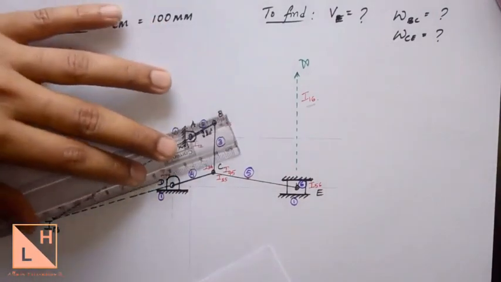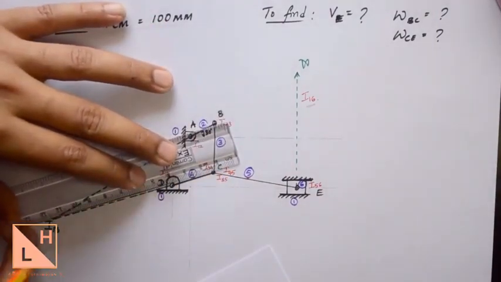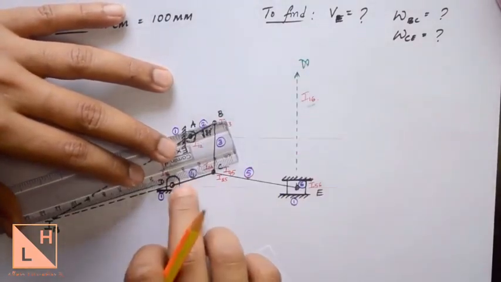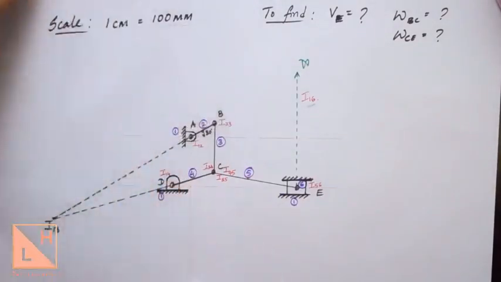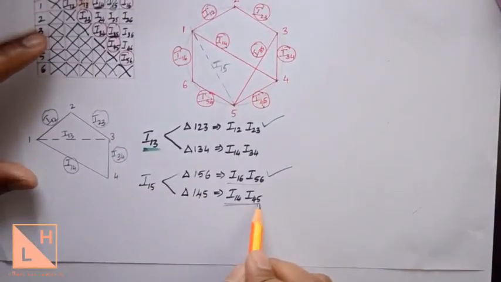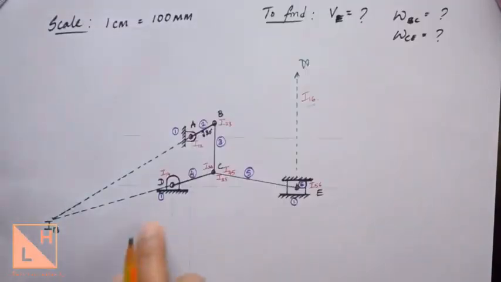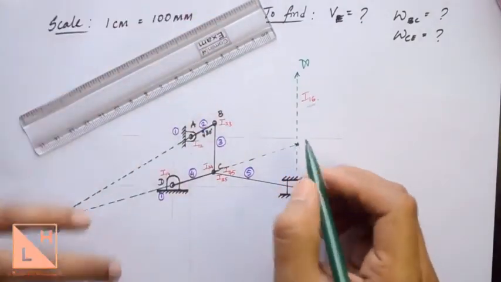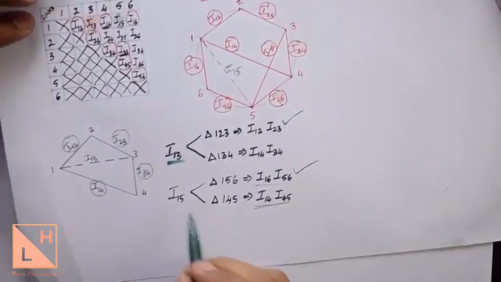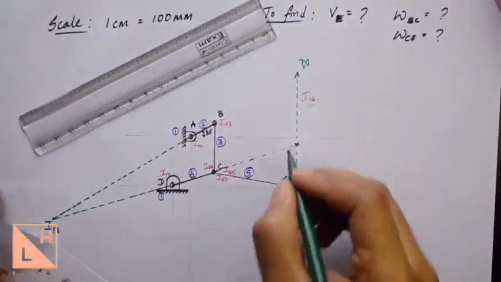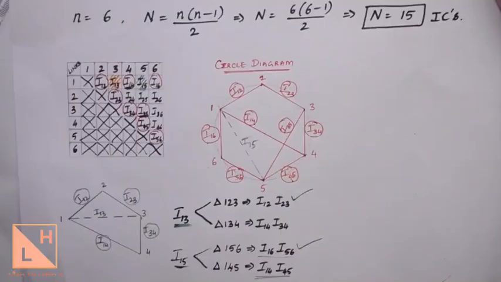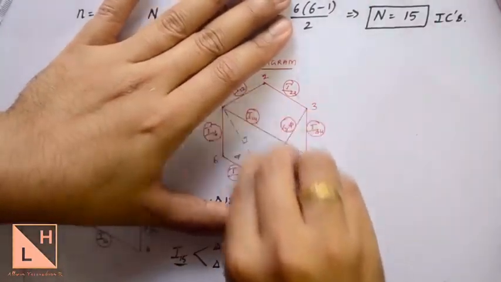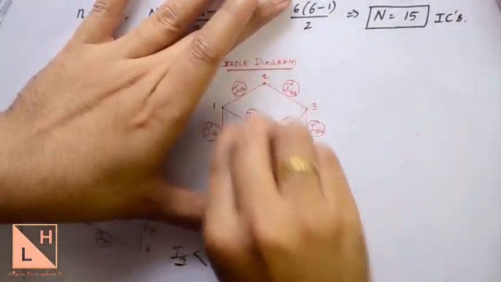So this is the line that I am supposed to join or extend. There is no use if we extend it in the downward direction because the other line is present over here. So extend this particular line of I14 and I45 in the upward direction, and where it intersects, that will be the IC I15. So now we are done with I15.